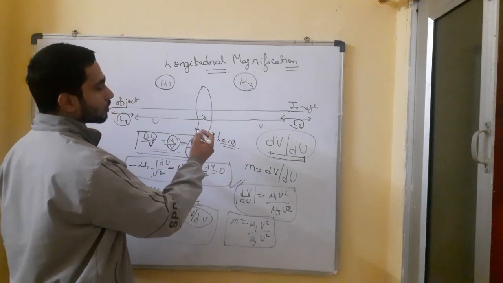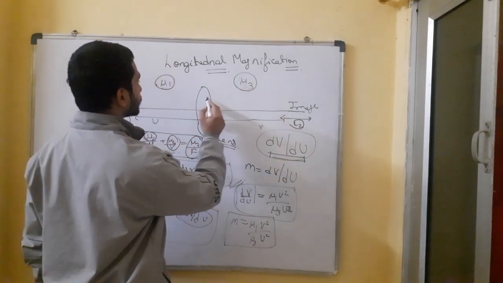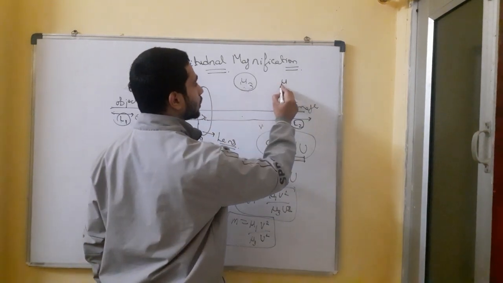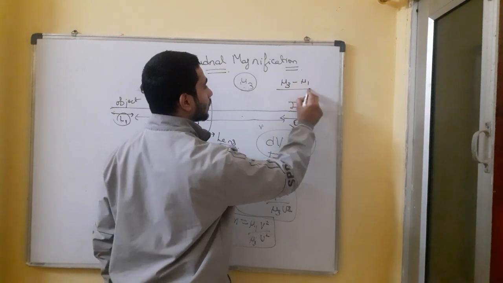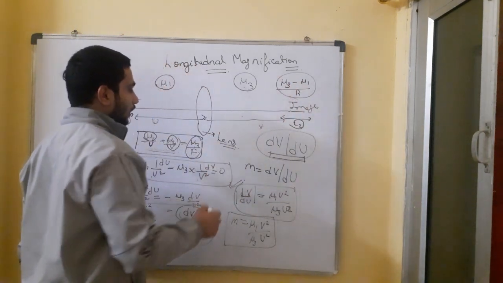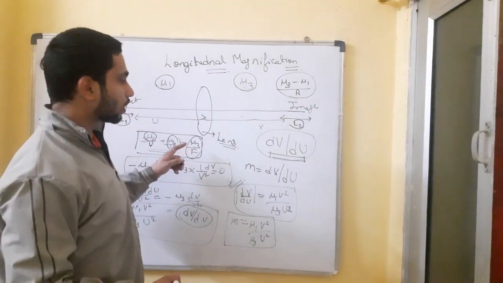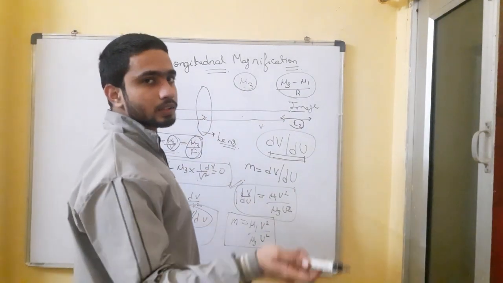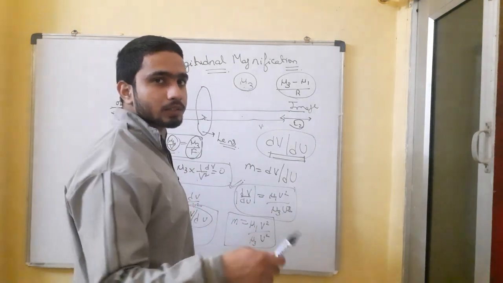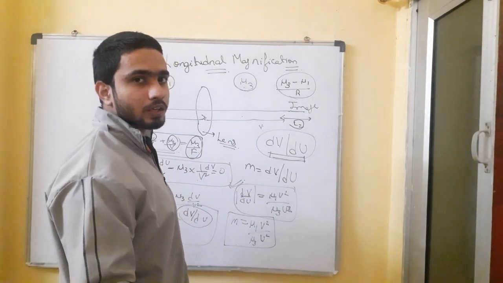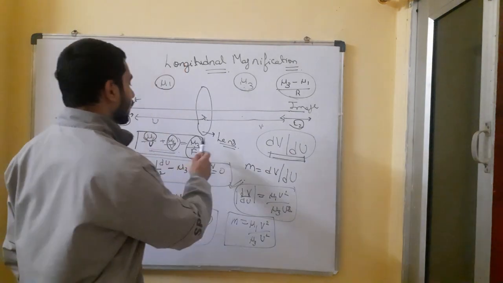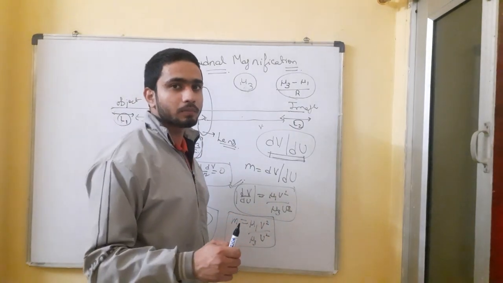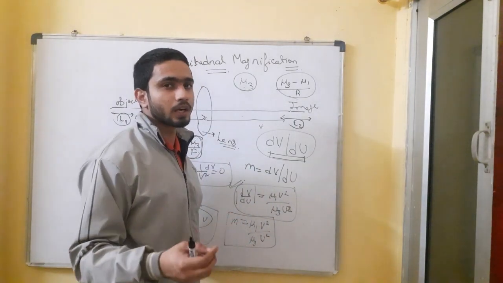Okay, so in the case of the mirror, how do we do it? Suppose it is a concave mirror, so it is μ3 and it is μ1. So how will we write? μ3 minus μ1 by r. Okay, so we will write it like this, and in the case of the lens we will write the focal length: f equals μ3 by f. In the case of the mirror, we are writing this difference, and in the case of the lens, we are simply writing the refractive index of the medium in which the image is present, μ3. And in the case of the mirror, we are writing the difference. So these are very standard types of equations which we have to remember how to write.